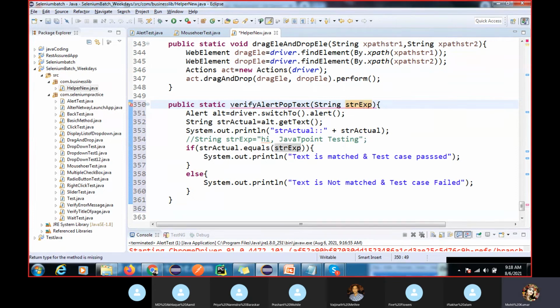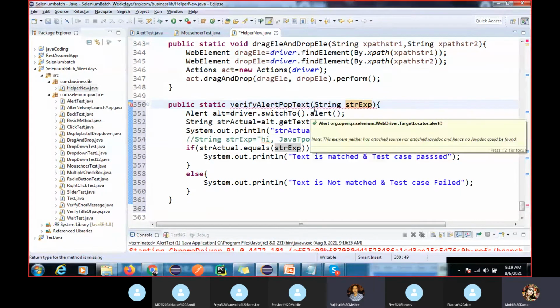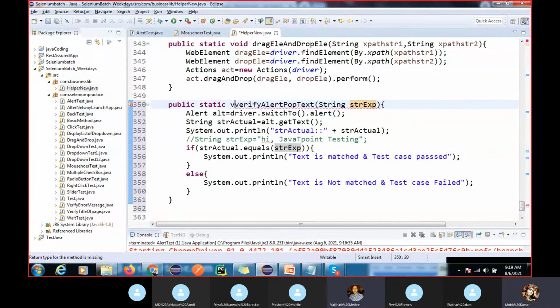Okay, so that's it. Why is it coming an error? We need to give the return type void. Okay, so now we have done it.